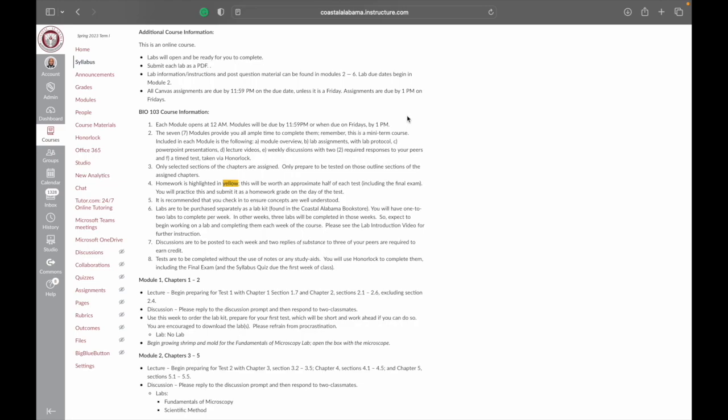What I'll add is that you have, at number 4, homework for each module. The homework is found at the bottom of the module overview. It is highlighted in yellow, and this homework is going to be worth approximately half of each test. So practice this homework, submit this homework on the day of the test, and then as you take your tests,